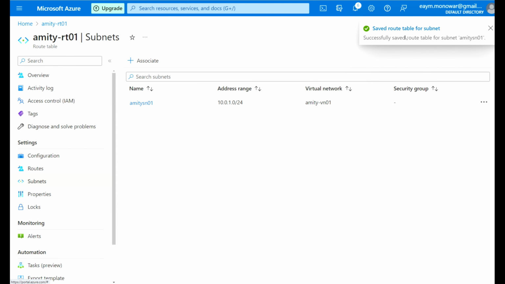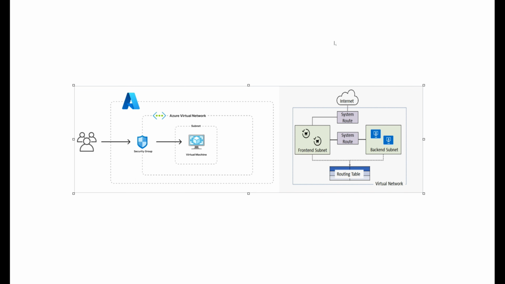So I saved the route table for that subnet. My subnet has that route table associated with it. I think that's basic knowledge wise. You can see that